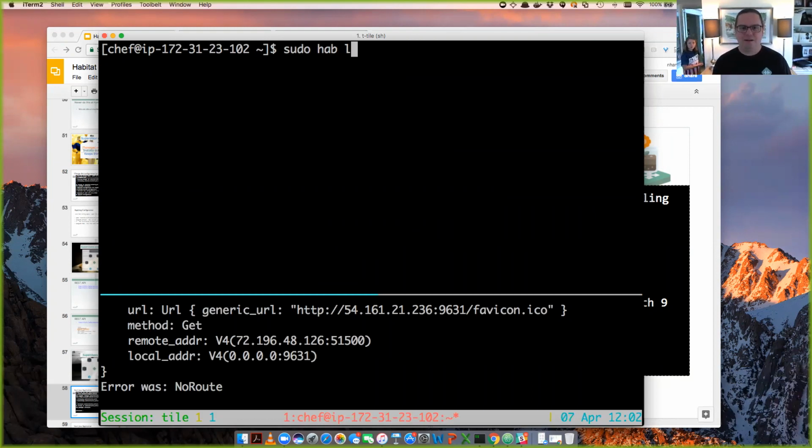Sudo hab load. So I'm going to load another service into my supervisor. What's the name of the service? The name of the service is learn/, so learn is my organization or my origin from the depot. And then the name of my package is national-parks. And then